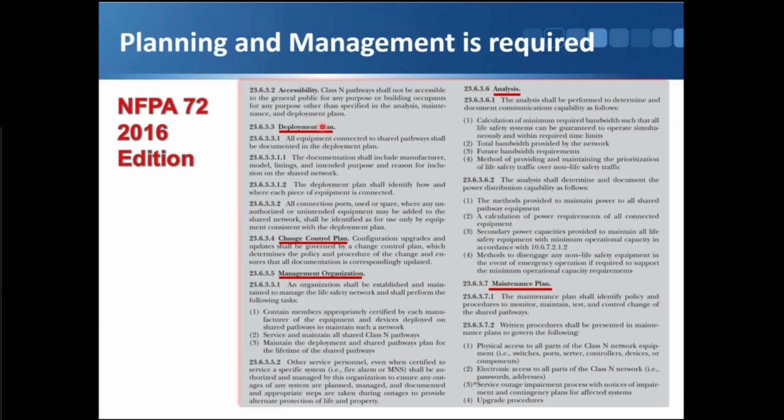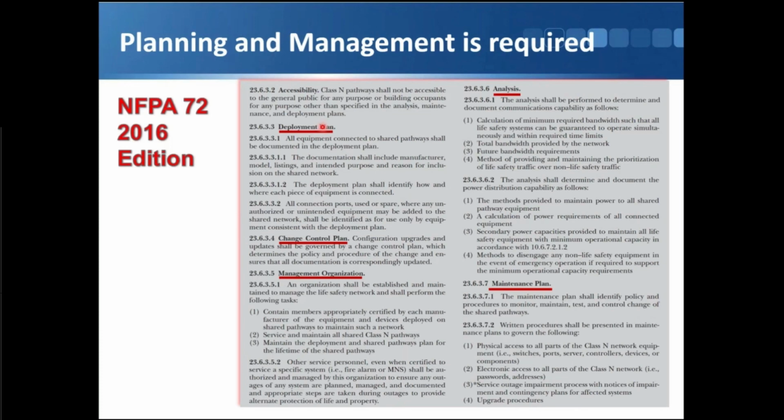So again, this is for a major hospital or an airport, a place where they have multiple stakeholders: building area occupants, network IT managers, the fire alarm safety people, maybe an AHJ in some cases. You're going to have some people who would care if the fire alarm didn't work, and so they're going to have to be involved in this